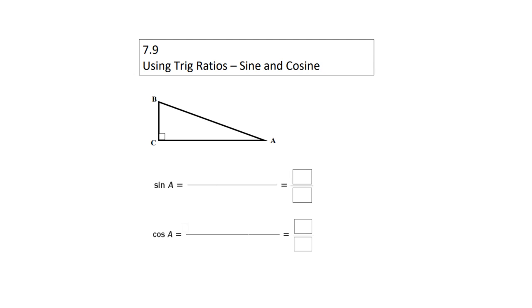This is section 7.9, using trig ratios, sine and cosine. If you haven't watched 7.8 yet, you're going to need to do that because this is just a continuation of that learning. Okay, so let's look at what the sine and cosine ratios are after we learned about the tangent